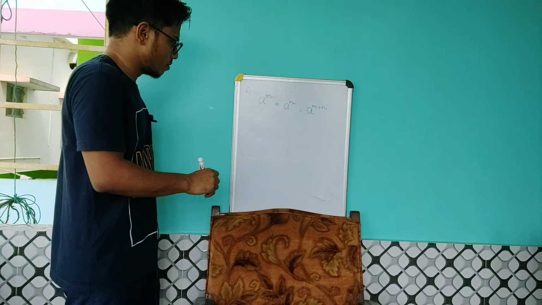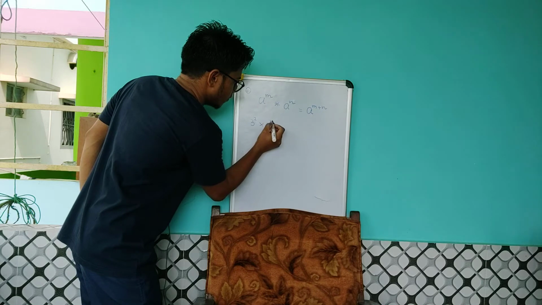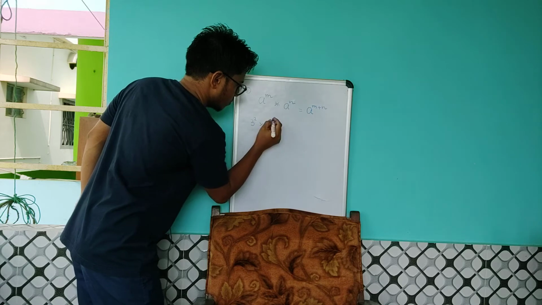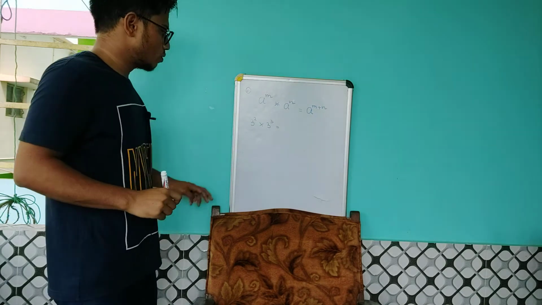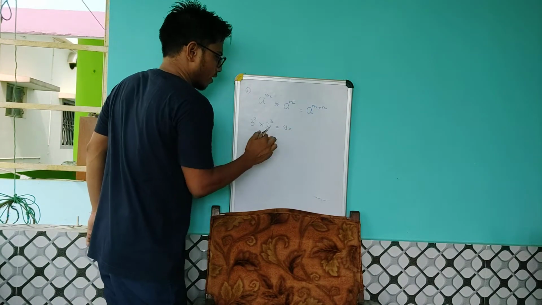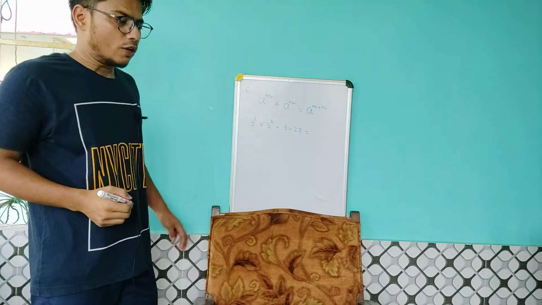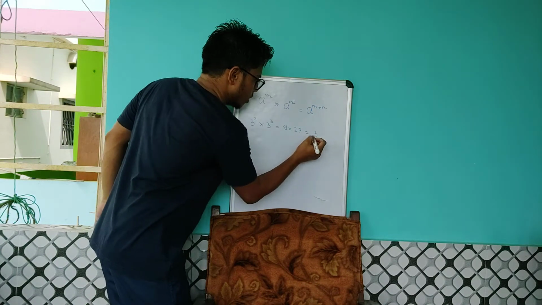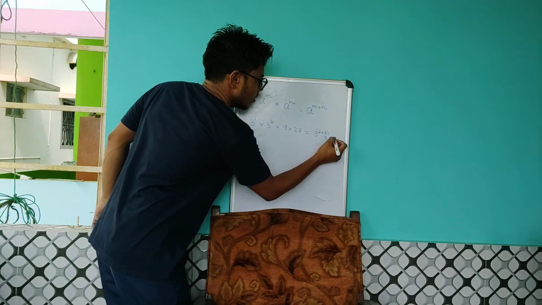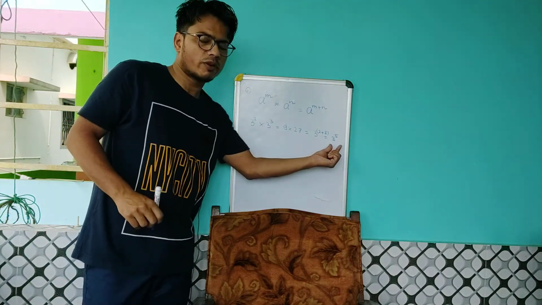You can check it by yourself when you multiply 3 to the power 2 with, let us keep it simple, 3 to the power 3. So here 3 to the power 2 will be 9 and 3 to the power 3 will be 27. You will see that this will be equal to 3 to the power 2 plus 3. We keep the base the same and just add the exponents. 3 to the power 5. 9 into 27 will be equal to 3 to the power 5.